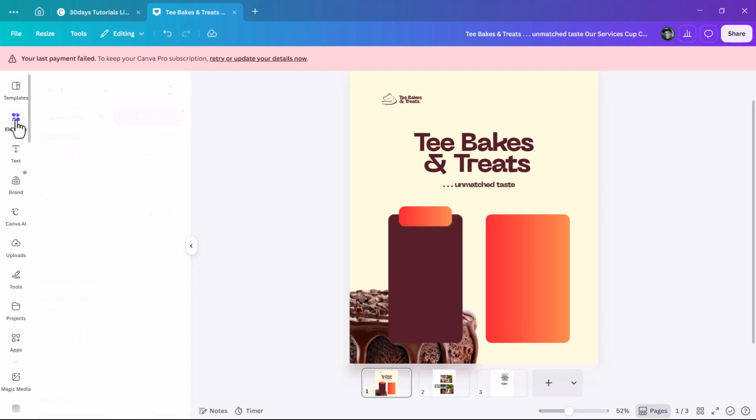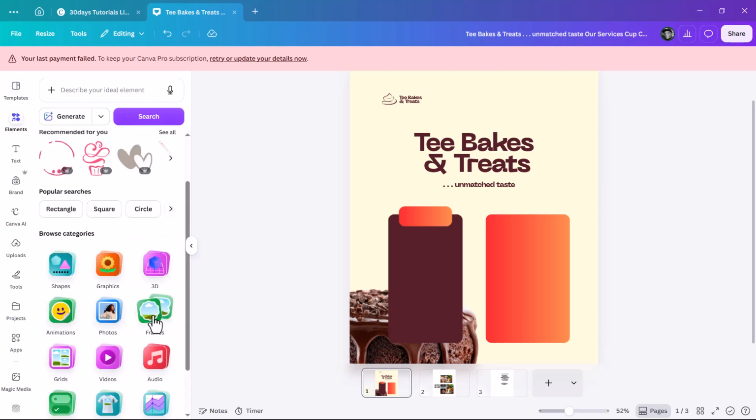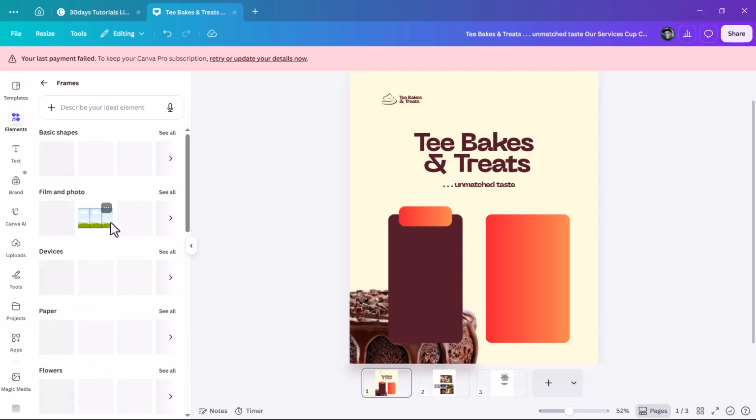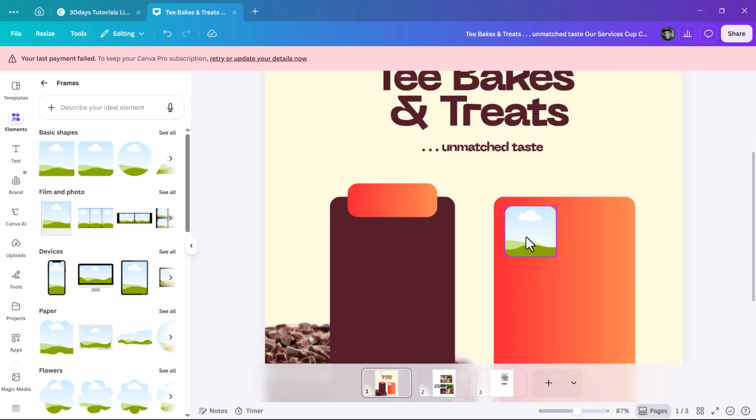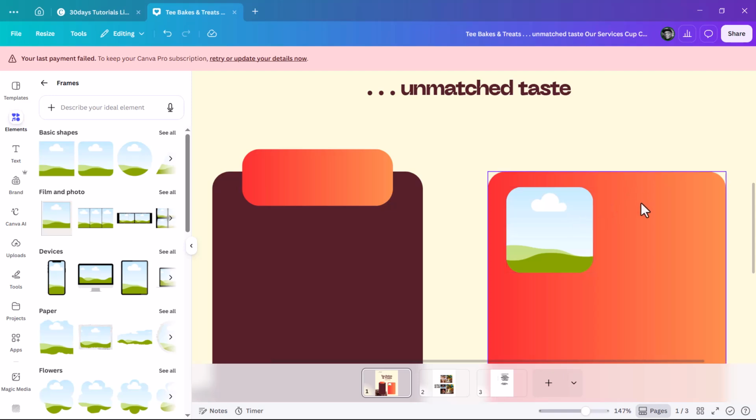The next thing we're going to do is come to Elements, and then to Frame. On that frame, I'm going to be using this. I'm going to make it small right here. What we can do now is Alt drag. Or before we Alt drag, let's make some other settings here. Let us bring in a shape